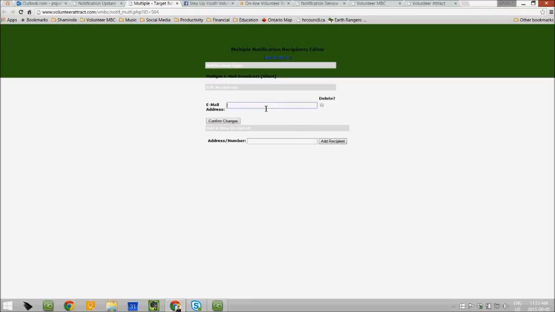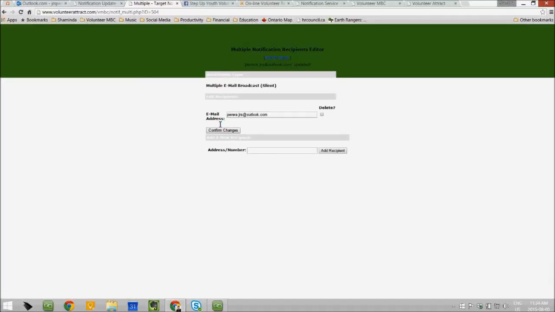You can also enter a completely new individual, maybe an administrative assistant who you want to know when volunteers apply, so that they can help you with the volunteer recruitment. And for example, let me include one, and click on confirm changes.